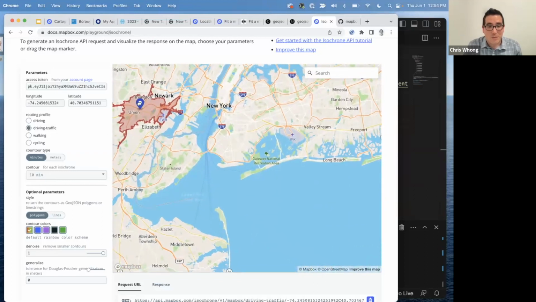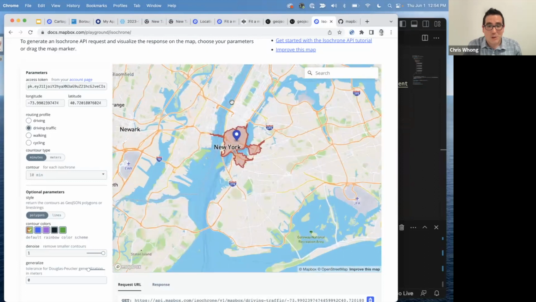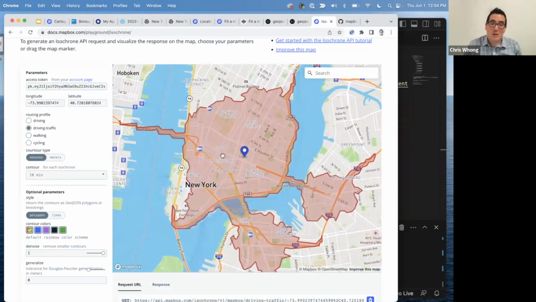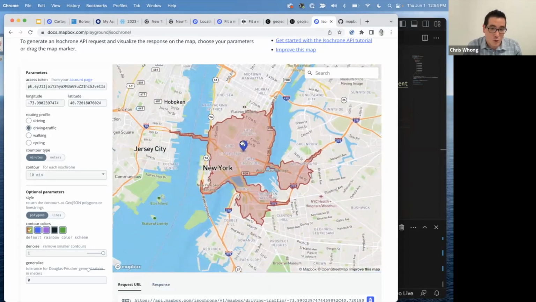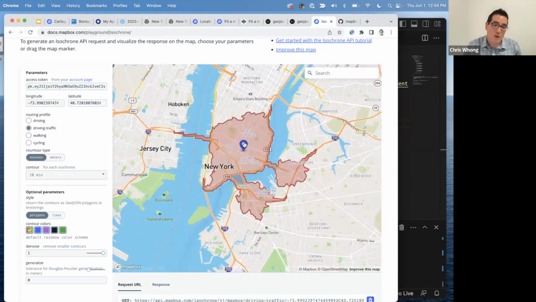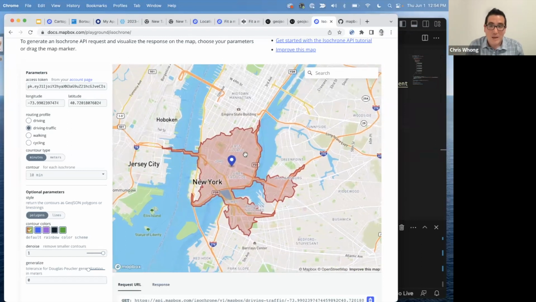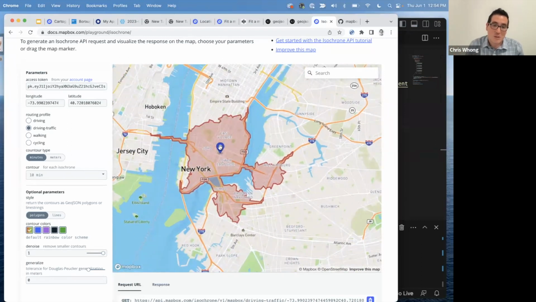So these show a very interesting picture of accessibility, and they are also useful for intersecting with. You may not ever actually want to show the isochrone, but say, for example, you were here and you wanted to give the user a list of car repair shops within 10 minutes. This would be the shape that you do a spatial join with on your data set. So sometimes the isochrone is useful behind the scenes, even if you're not actually displaying it, and other times it's actually interesting to just display it on its own.